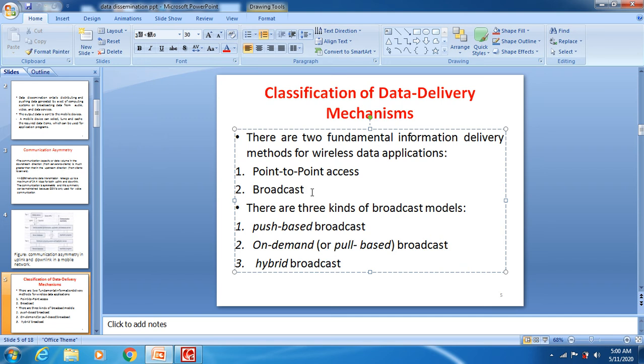So one is a server and many here is a number of clients. Again this broadcasting is categorized into three types of models: push based broadcast model, on demand or pull based broadcast model, and hybrid broadcast model.